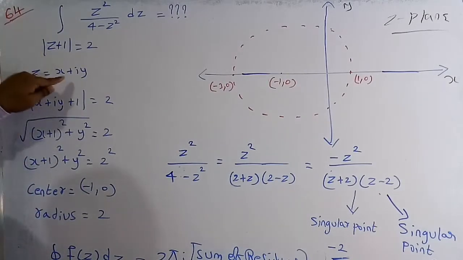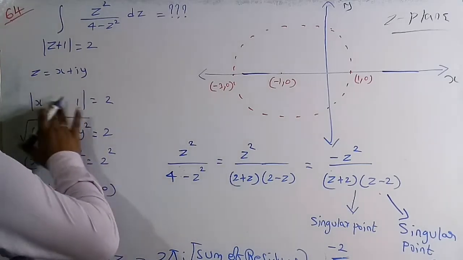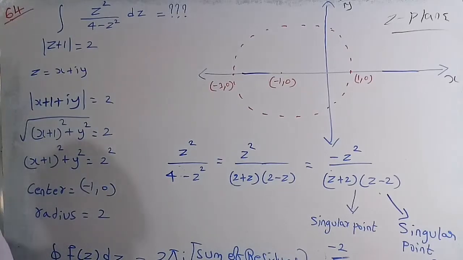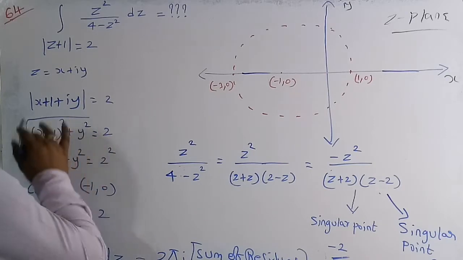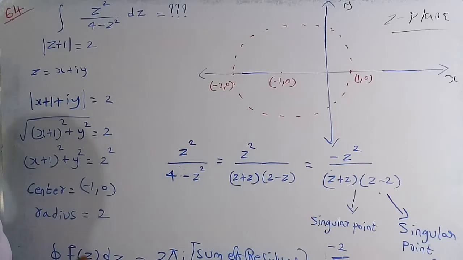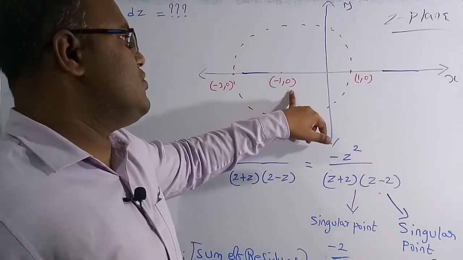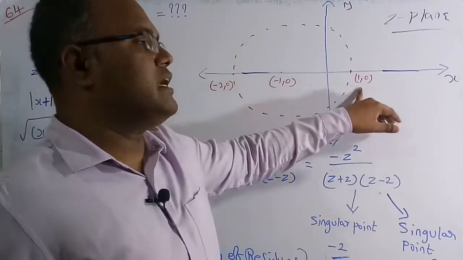So I substitute z is equal to x plus iy, we are going to get mod of x plus iy plus 1. I can write the real part and the complex part together, x plus 1 plus iy. So take the square root over real part whole square plus complex part whole square. So square root over x plus 1 whole square plus y square is equal to 2. Take the square on both sides, we are going to get x plus 1 whole square plus y square is equal to 2 square. So this is the equation of a circle with center minus 1, 0 and radius equal to 2. So based on this, we are going to plot the graph. So center is equal to minus 1, 0 with a radius of 2. Then we are going to get the endpoints as minus 3, 0 and 1, 0.